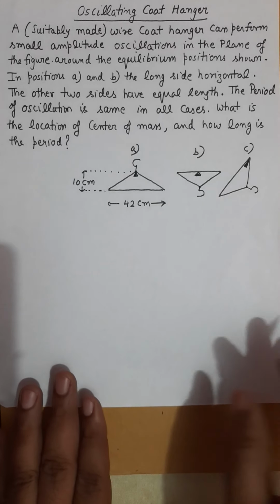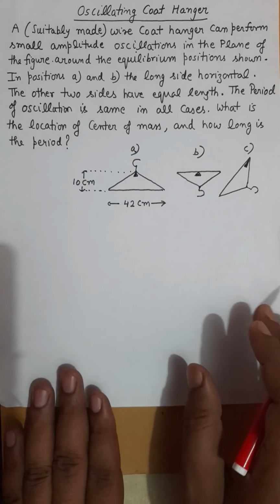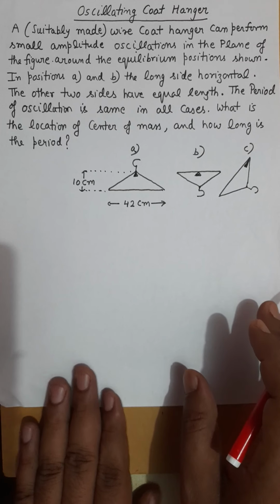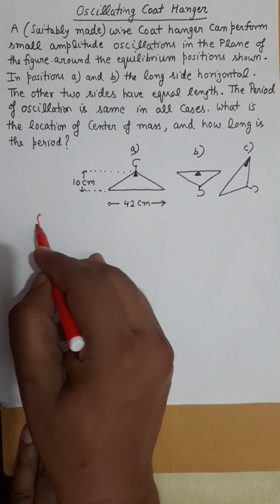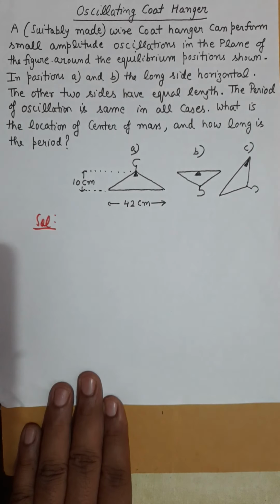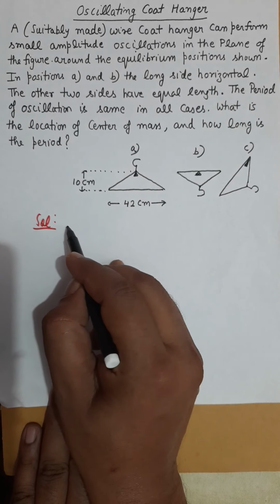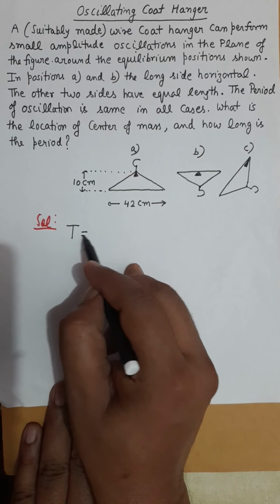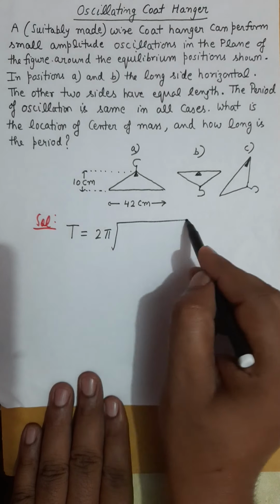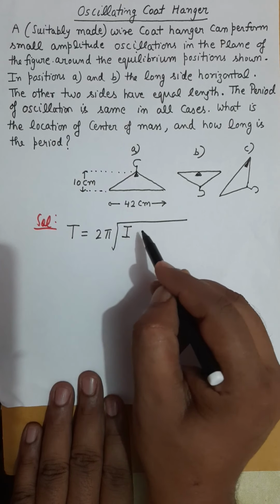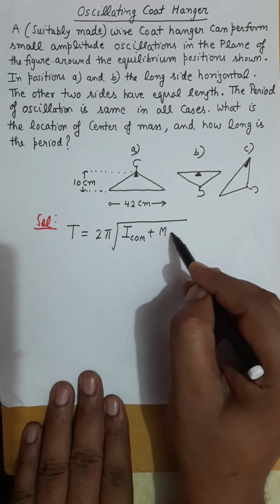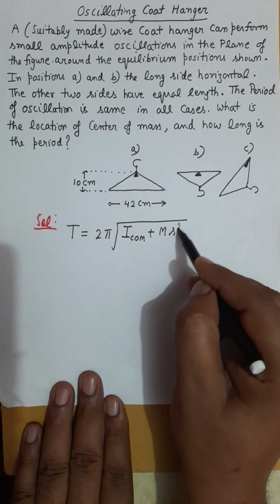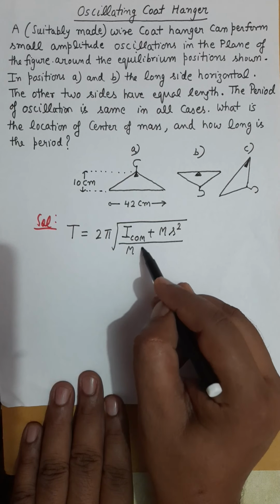This problem is from the topic which we call oscillation of a physical pendulum. And for the oscillation of a physical pendulum, for small angle oscillation, we have the time period expression given by 2 pi square root of (I center of mass plus M s squared) over M g s,